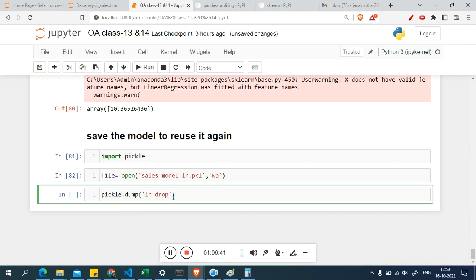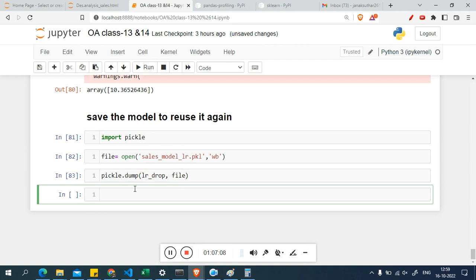Okay, now what I will do, no need to write the, because this is the one I want to dump, and that is not a string. So lr drop, this is my model name, and I want to dump this particular model inside the file. So I will write file. Okay, and if I run now,